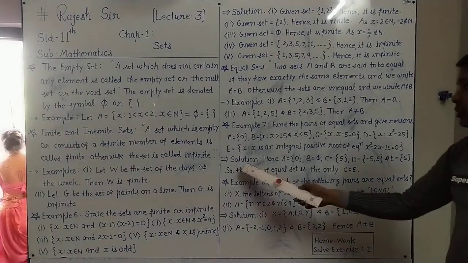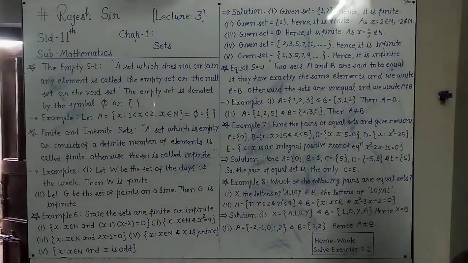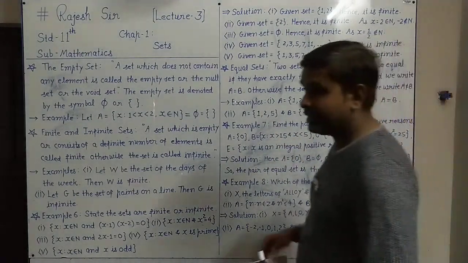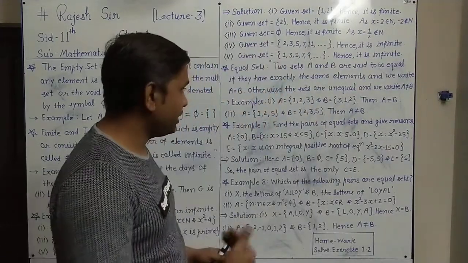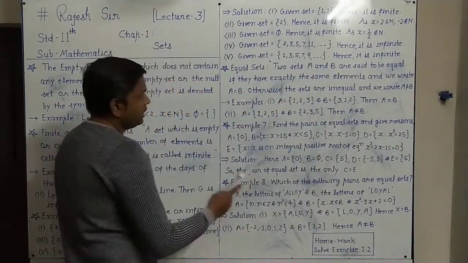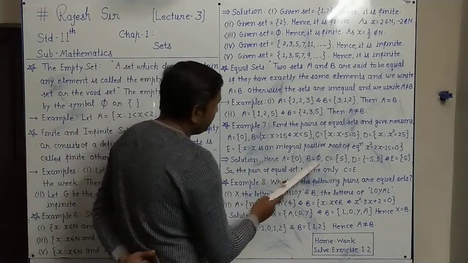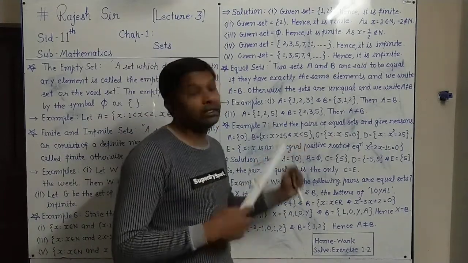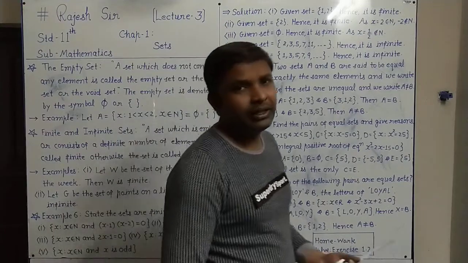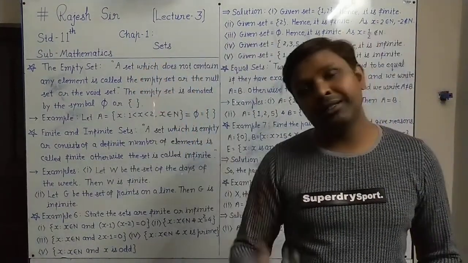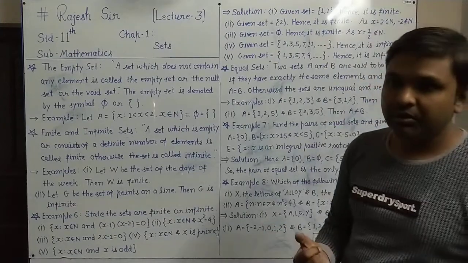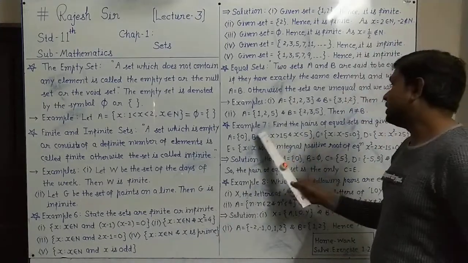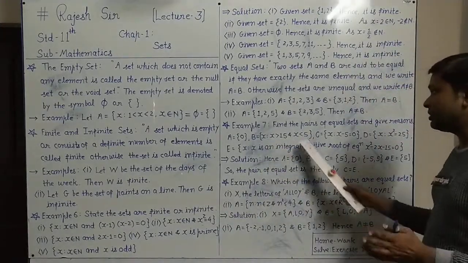Right? So the solution here: 5 sets are given in property form, or set builder form. We are writing them in roster form by solving them. So A equal to {0}, as we heard, and for B, it is given that x is greater than 15 as well as x is less than 5. You can understand it is not possible that a number will be greater than 15 as well as less than 5 both. So this type of element we cannot find. So B is a null set.